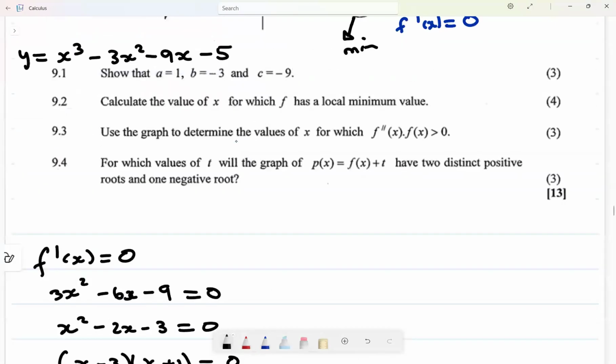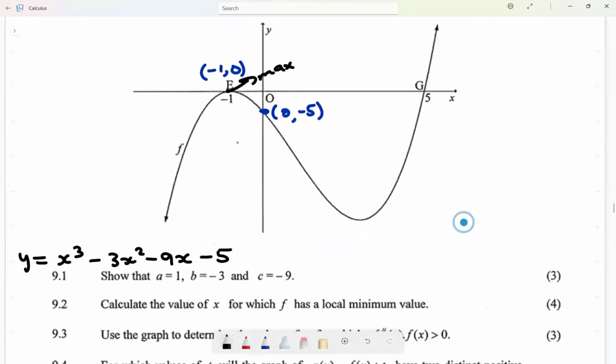So now that we know that this coordinate here